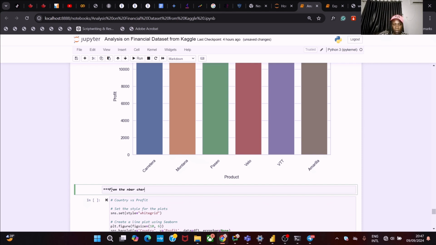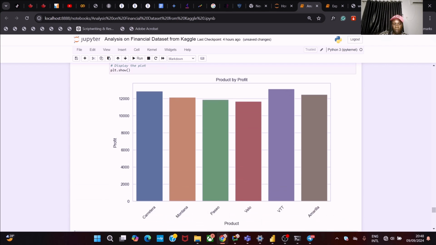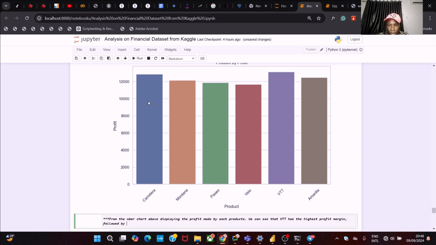From the bar chart above displaying the profits made by each product, we can see that VTT has the highest profit margin, followed by